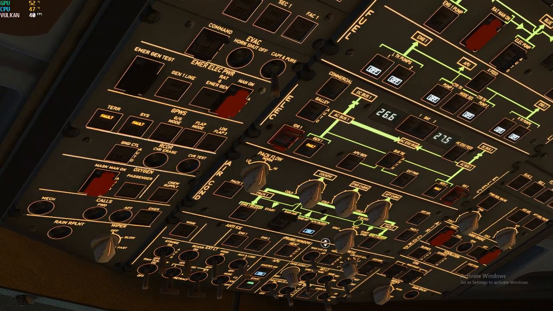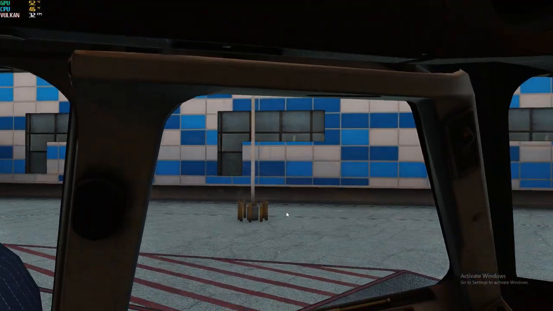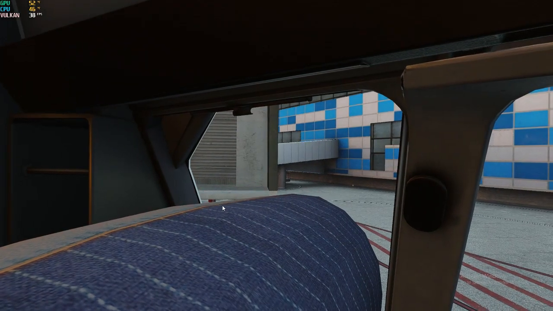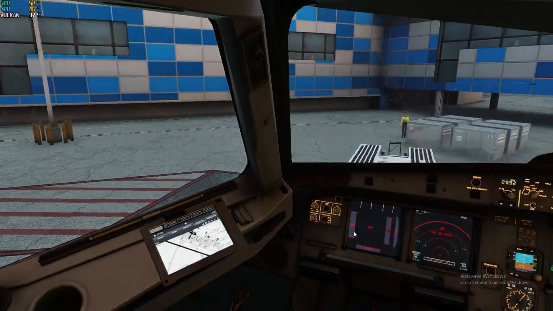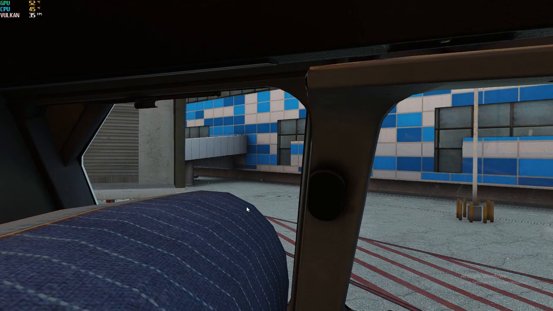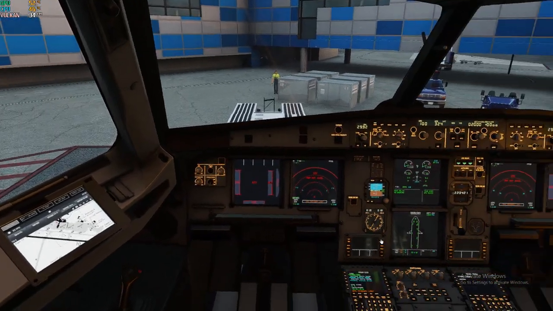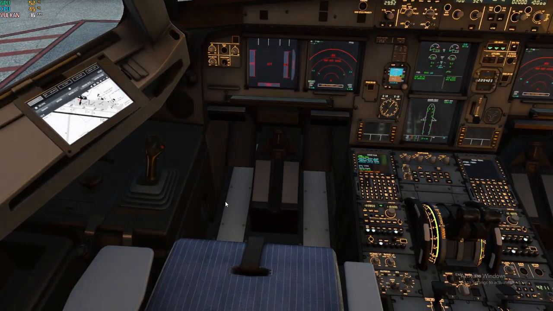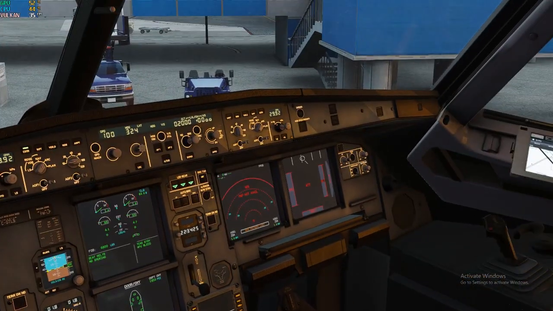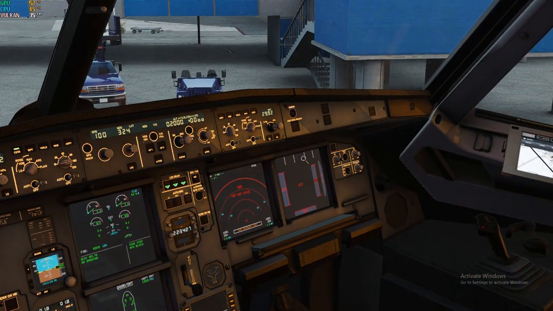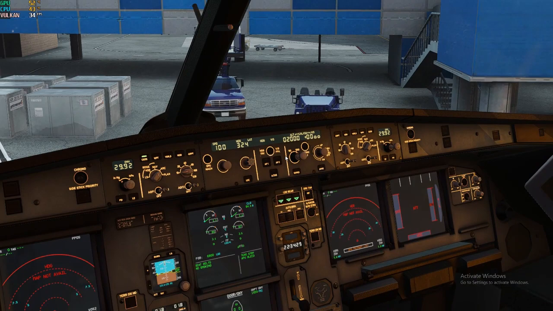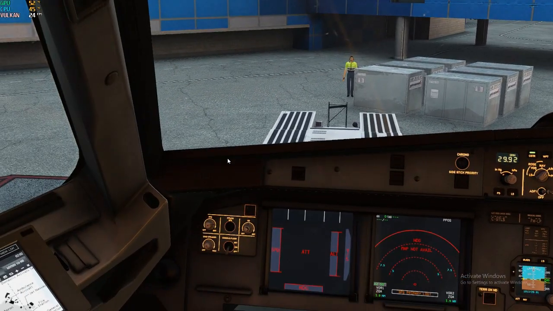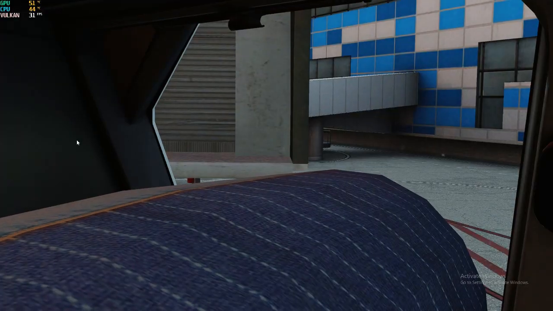Beacon lights going off. So at this point we should start our deplaning